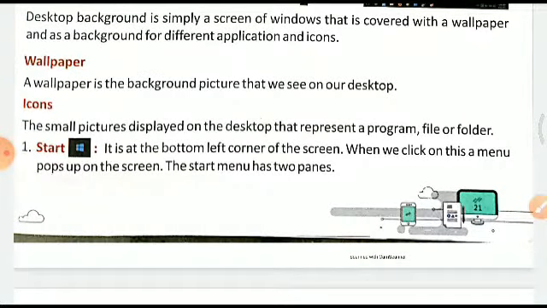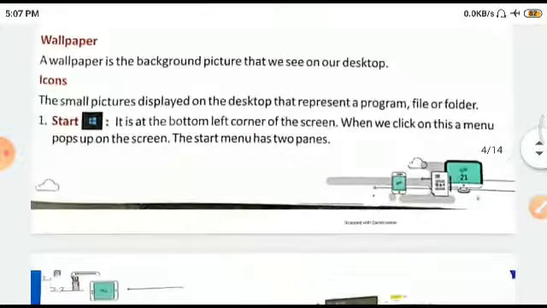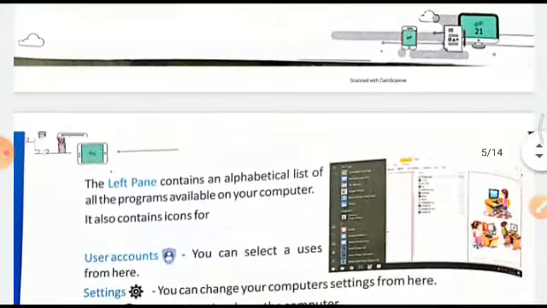Now start icon. See children, it's here. Just notice what it looks like. See, it is at the bottom left corner of the screen. When we click on this, a menu pops up on the screen. The start menu has two panes.